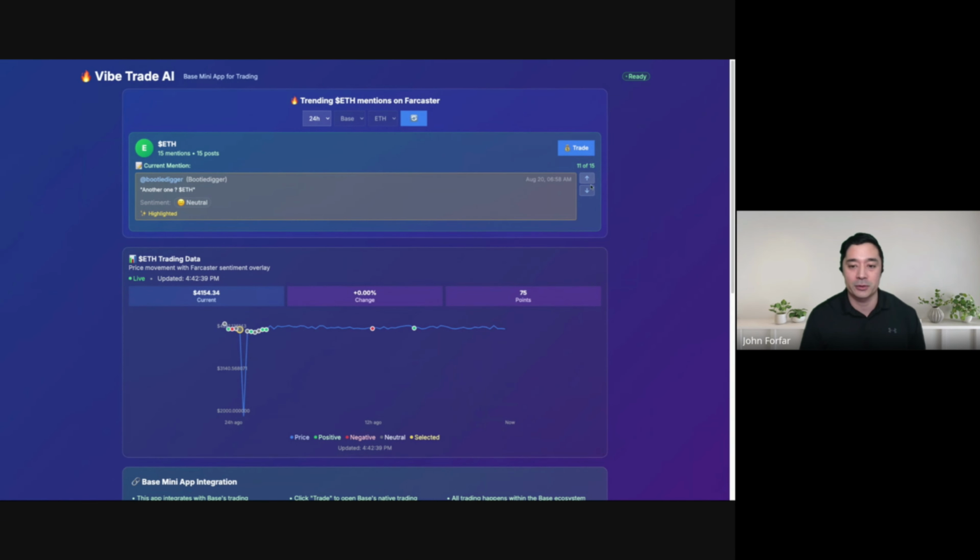The code's open source. Have a look. But I'm basically getting the Chainlink price feed for ETH, which is a decentralized Oracle providing that price feed. This is a way to basically build a DeFi application. So if you do have ideas for Web3 DeFi apps, integrating with AI, you can see here that this one pulls in sentiment from Farcaster, the price feed from Chainlink, and then overlays the sentiment, either positive or negative, onto